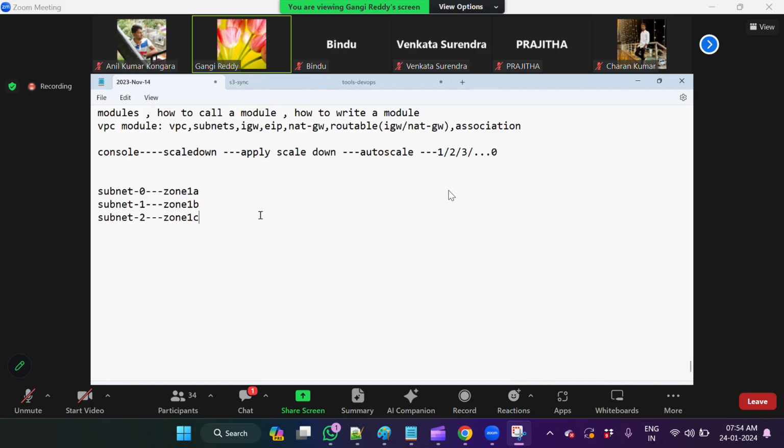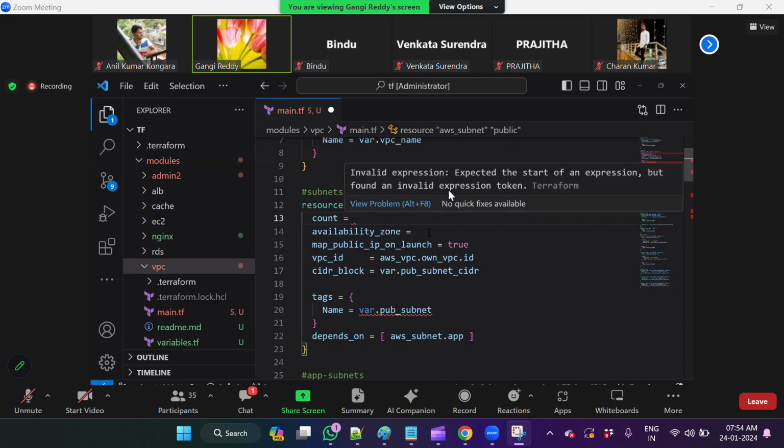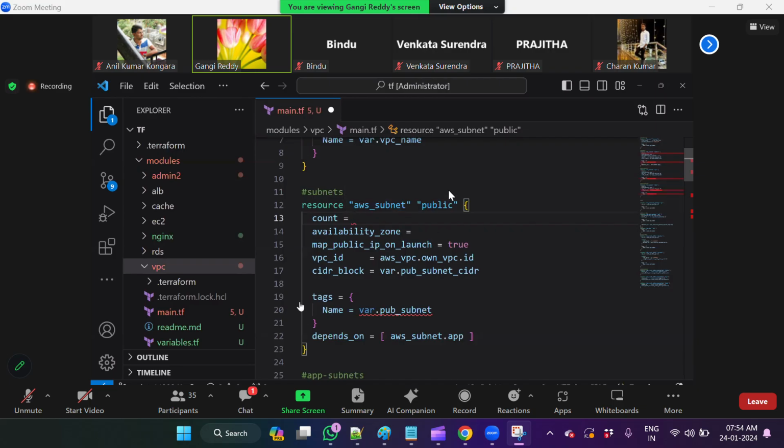Okay, so count automatically does the looping. You don't need to do anything; if you specify count equal to some number, it loops automatically. But whenever it is looping, it should pick the first one, second one, third one, something, right? For that, to call one by one value in the loop, there is a function. Terraform has functions. You have seen one function already, the file function. There is a function like that to call one by one value. There is a function called